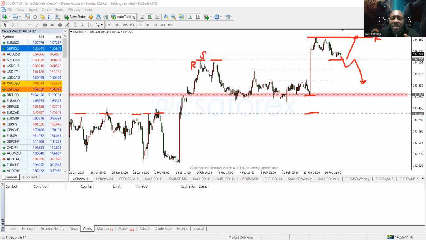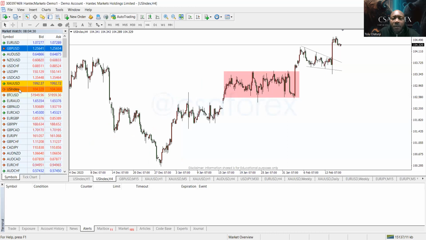I would like to see the price break down and then now act as resistance and then drop further down. And of course, there are always different ways to look at the market, but that is how I'm looking at it for today. So this is also another one for the dollar index, but then for the 4 hours time